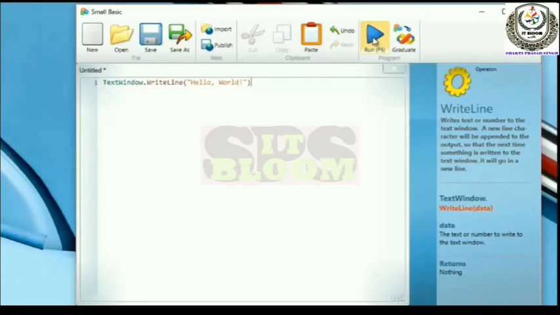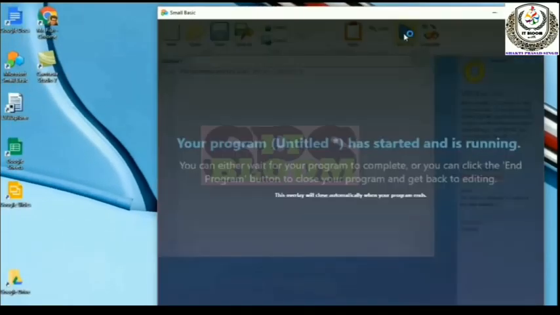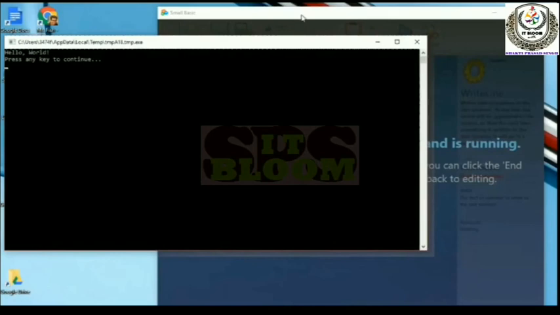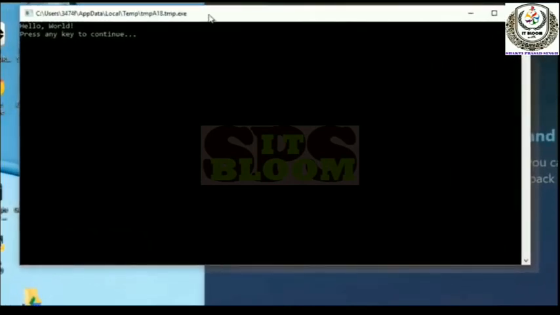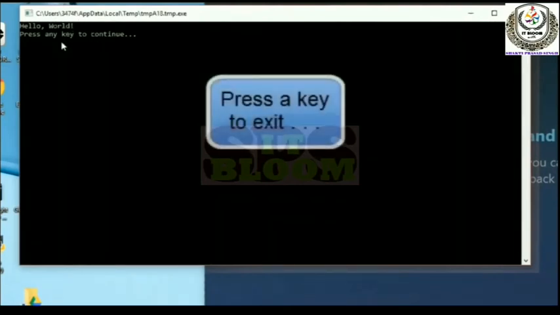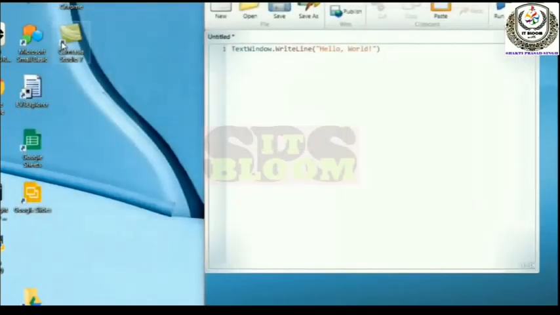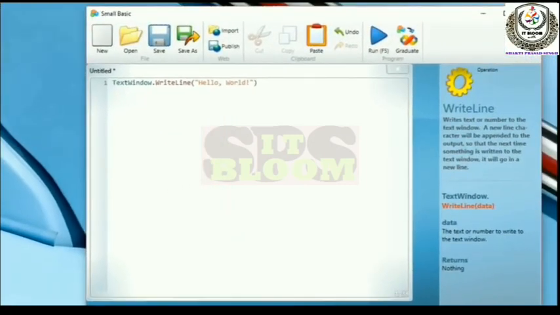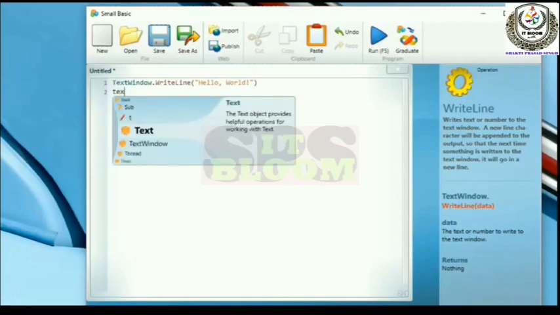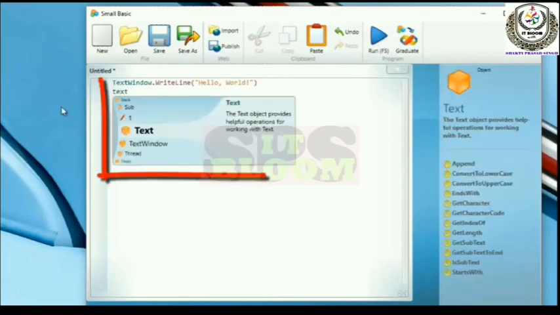Then click on run. The run mode will open. See here, this is called the text window object, that is the run window. This is the first program we ran, right? Then you should note that whatever you type, like again we are typing TextWindow,